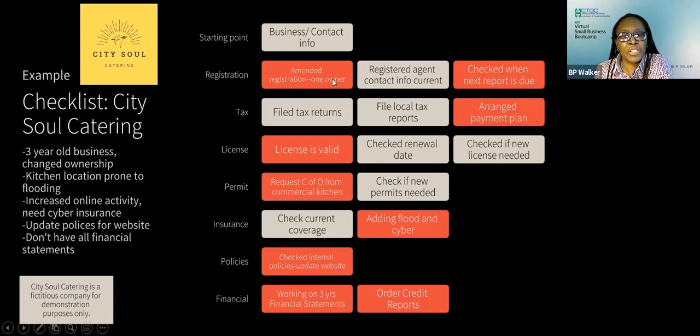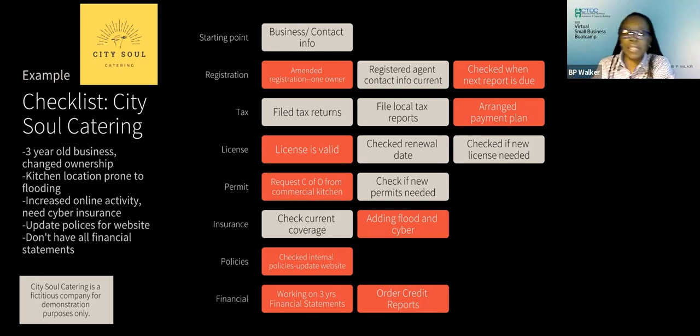They need to amend their registration because now that's only 1 owner. And DC government requires that you make an amendment if you make substantive changes to your business ownership structure. All the taxes were filed and the tax reports were done, but there are some payments that need to be arranged. So they made sure to take care of that. The license was valid. They didn't realize they needed a copy of the certificate of occupancy, so they requested that from the commercial kitchen. They're adding the flood and the cybersecurity insurance, and they're just reviewing their internal policies